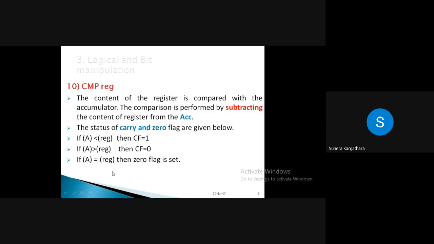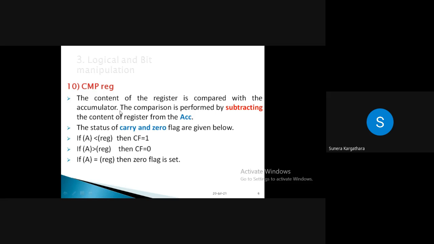If both the contents are the same, you will never find any result in the accumulator, as if something is being processed here and you will find its result in the accumulator. The comparison result you will find in terms of condition, right? How will you find whether the condition is less, greater or equal? That is through the flag register. If both the contents are the same, you will find your zero flag is set to 1. If the content of the accumulator is larger compared to the register, your carry flag and zero flag both will be reset. But if the content of the accumulator is less than the register, your carry flag will be set to 1.